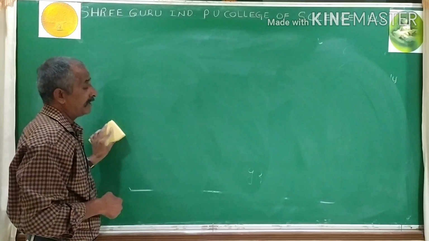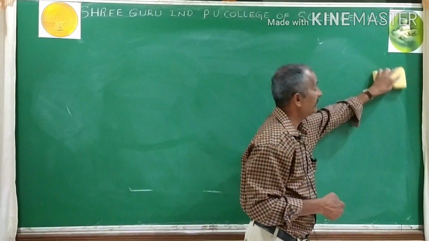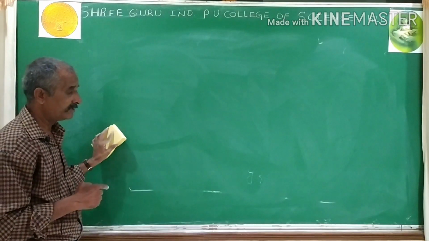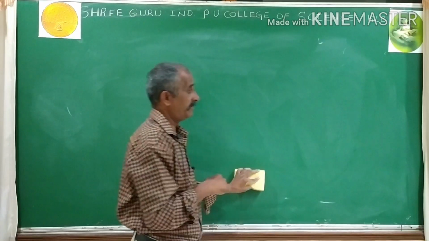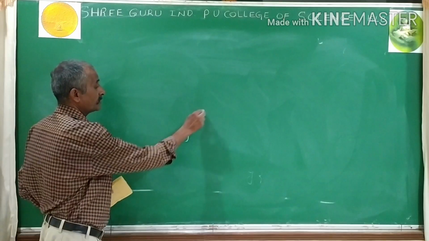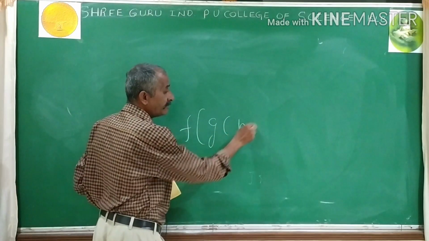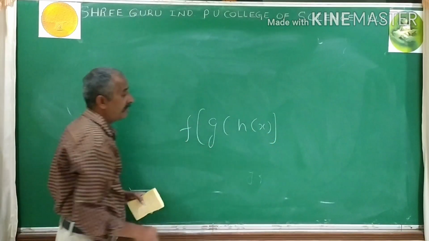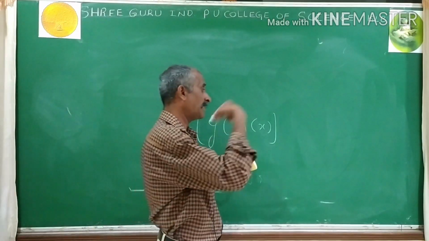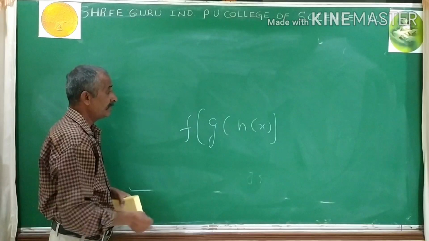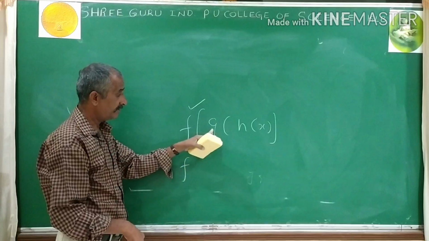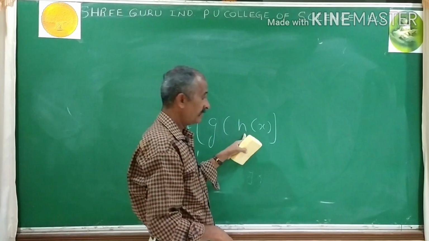One more thing: while differentiating composite functions, we should be aware that there is no change in the sum rule, no change in the product rule, no change in the quotient rule. All rules will be the same. The only thing is that while finding the differentiation of a composite function, you must give importance to the arrangement of functions. Which function occurs first, which function occurs next, and so on. Like that, you must go on finding the derivative. If the f function occurs first, write f dash, followed by the differentiation of the g function, followed by the differentiation of the h function, and so on.